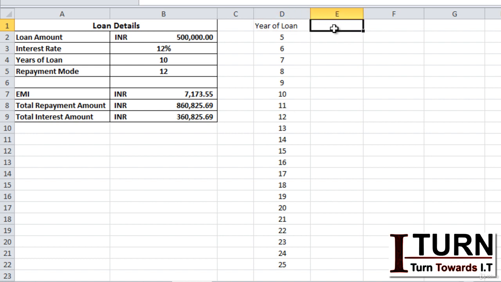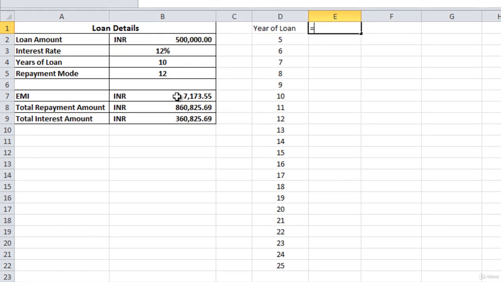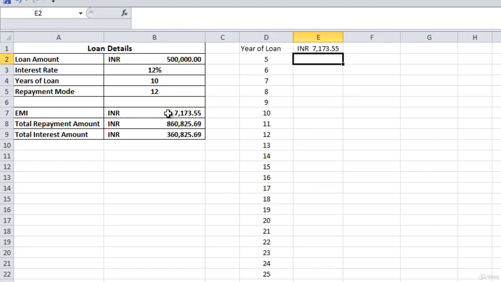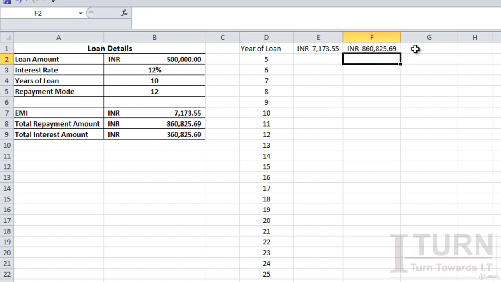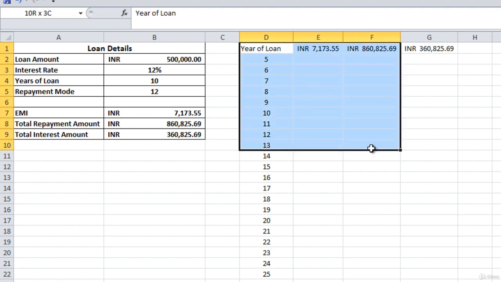So set your cursor over here, equal to, the first thing I want to know is the EMI, and EMI based calculation is in this cell, so you will have to take the reference of the cell like this. Here the total repayment amount equal to this cell, and here the total interest amount equal to reference of this cell. Now you need to do the selection like this,